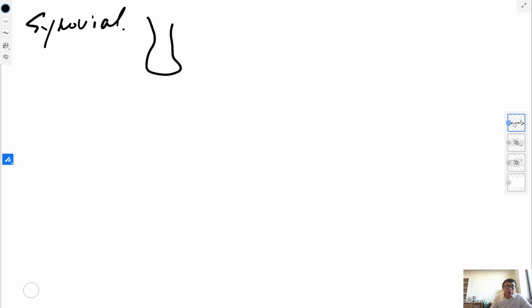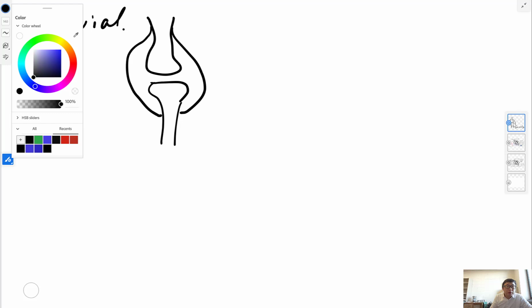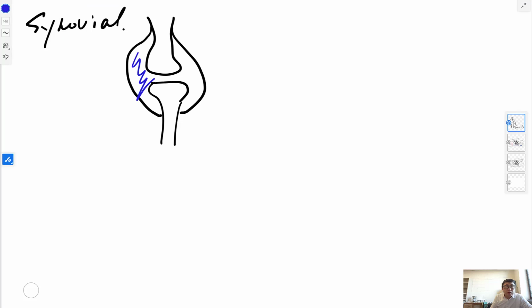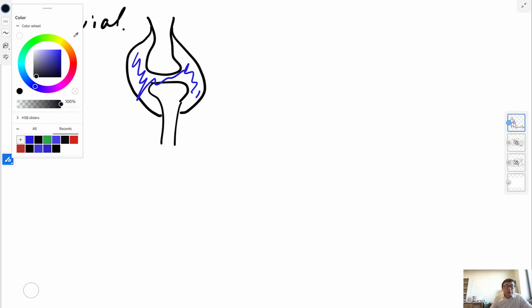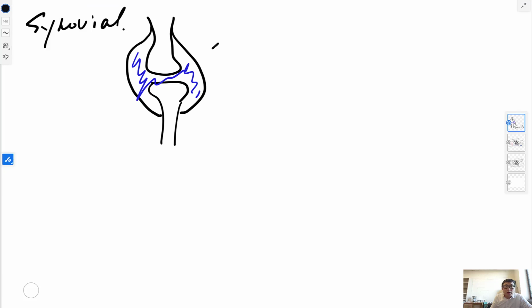We have one bone on this side, the other bone on the other side, and the key feature is that there is a cavity here, and the cavity is filled with fluid, and this fluid we call